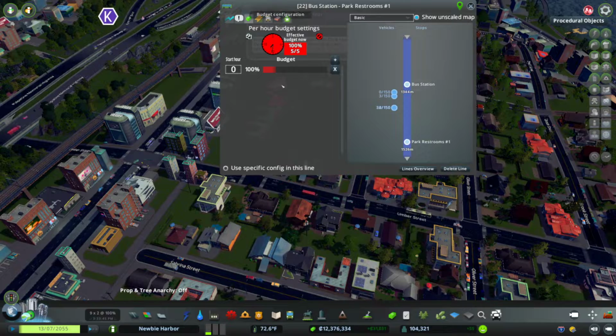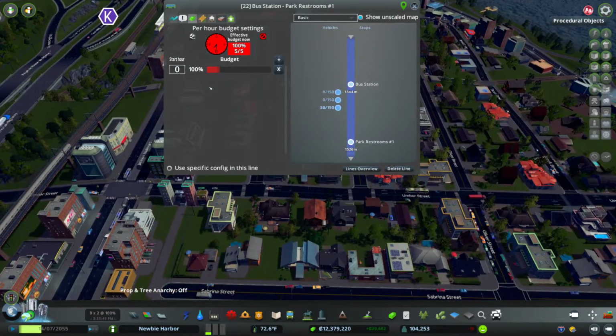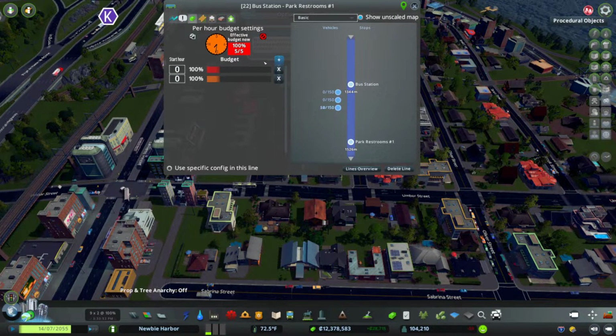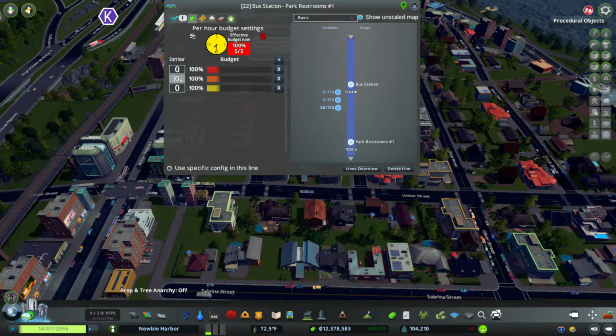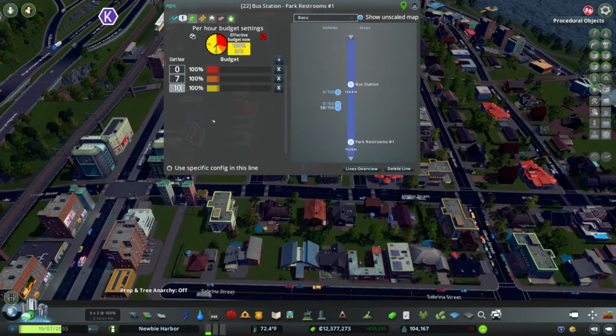Now let's discuss the overall budget. This is where you can determine how many buses you have on the line. Now here again, you can do it hour by hour. You can have a few different options and say, okay, so starting at hour, we'll again work under a theoretical rush hour here. So you have 0 to 7, 7 to 10, and then 10 through the rest of the day. So if we go ahead and just say that it's a regular bus flow, but we need a little